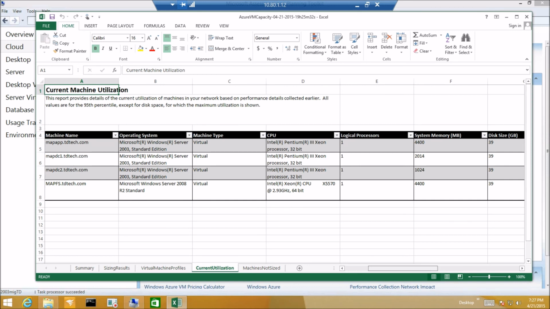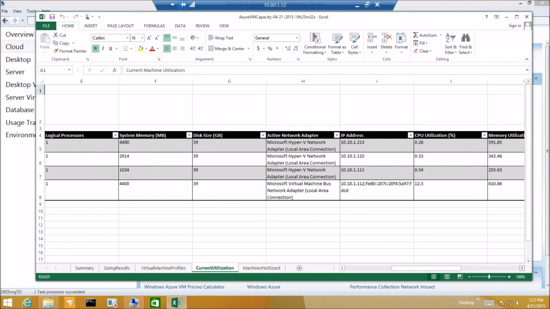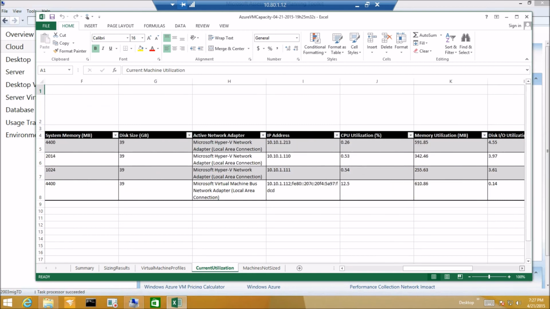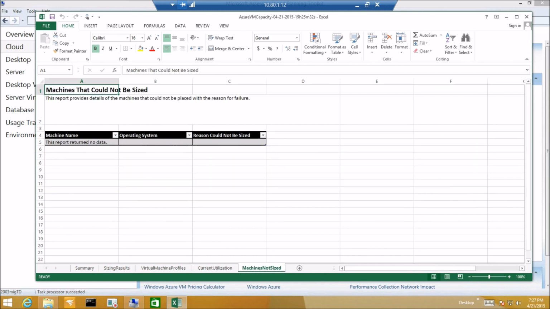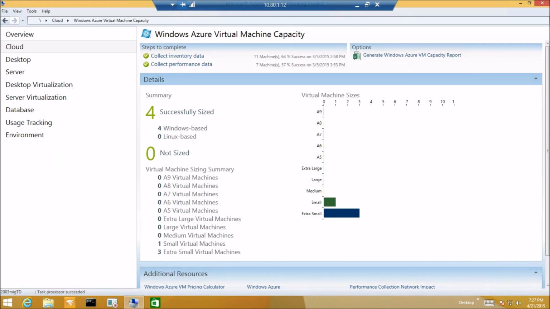Utilization breaks it down: memory, things like that we have to think about, network adapters, IP addresses, all that crucial information we need. And if there were any machines that weren't returned back in the result, it would be reported here. So as I hope you can see, the Microsoft Assessment Planning Tool is a very useful tool that Microsoft